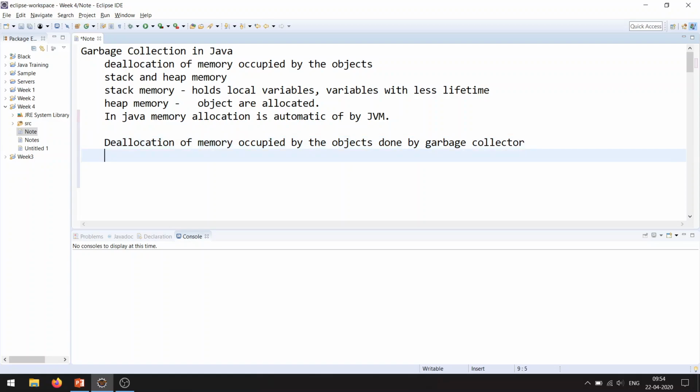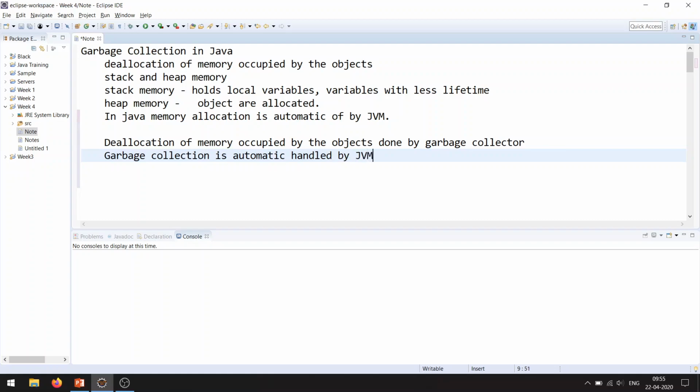We always allocate memory from the heap section for the object. At some point, whenever an object is unused or dereferenced, you have to ensure that the particular memory is deallocated so that you can effectively utilize the memory, right? The garbage collector is handled by the JVM. The garbage collection is automatic and handled by the JVM.